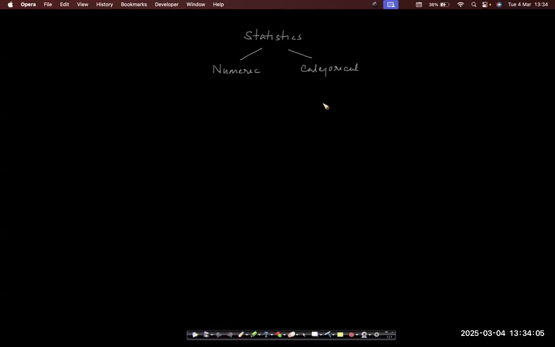So what do we mean by categorical data? Anything that is used to categorize the data set, right? So usually this will be non-numeric data. Categorical can be numeric also, rarely, but usually it is non-numeric data. So this is used to categorize your data. So examples would be